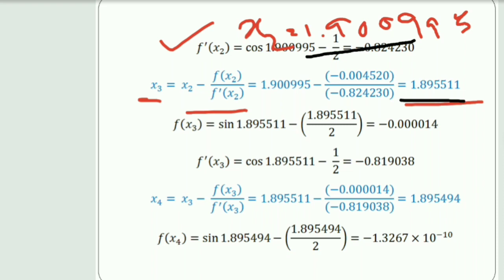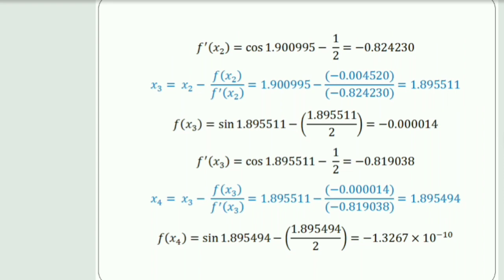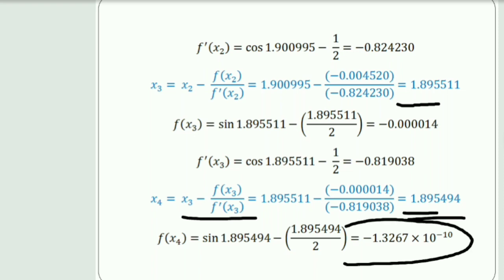is for x4, and for that we got f of x3. We have calculated f dash of x3. Okay. By keeping all these values we got the x4 value like this. So now we can see that some digits are similar in the consecutive iterations. What is that? I am getting 1.895 here and the similar digits 1.895 here, and in a similar way we can see the error we are getting at f of x4 is very less.